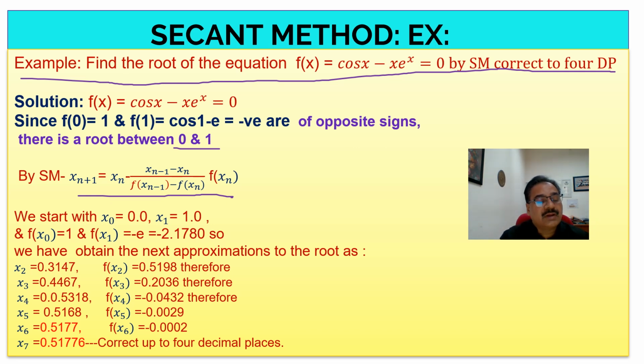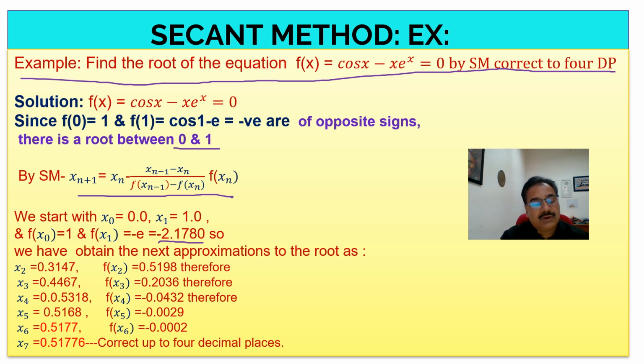Okay, so after putting the values, here you check x0 is equal to 0, then x1 is 1. f of x0, you put here, you will get f of x0 is 1. And what is f of x1? The f of x1 is minus 2.1780. After taking these values, we have obtained the next approximation to the root as x2 is equal to 0.3147